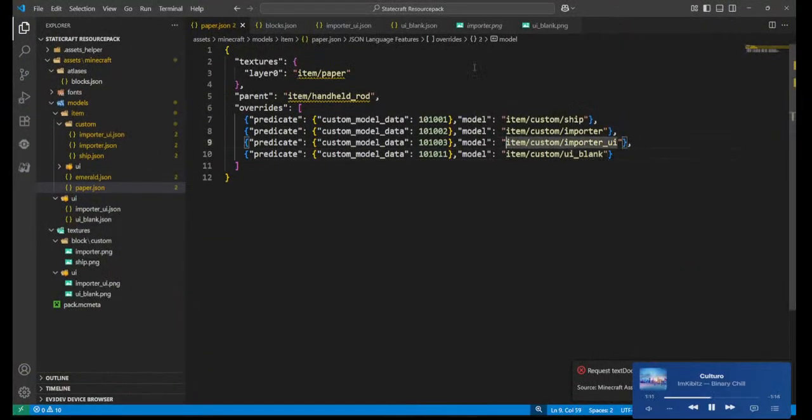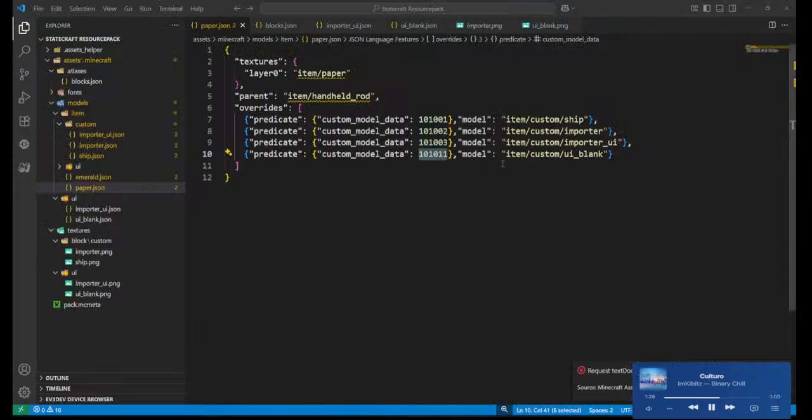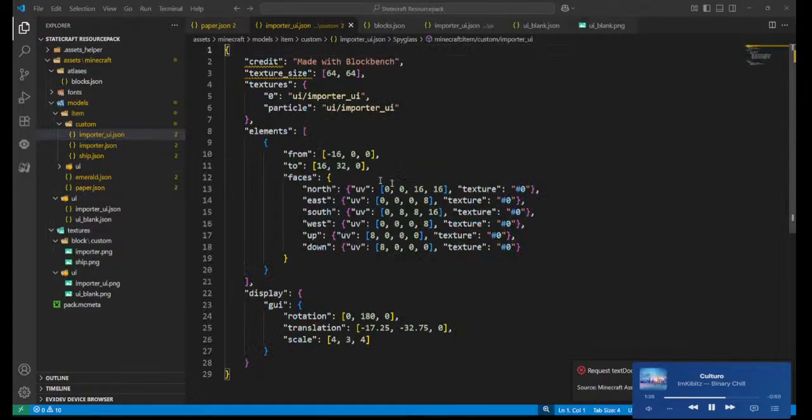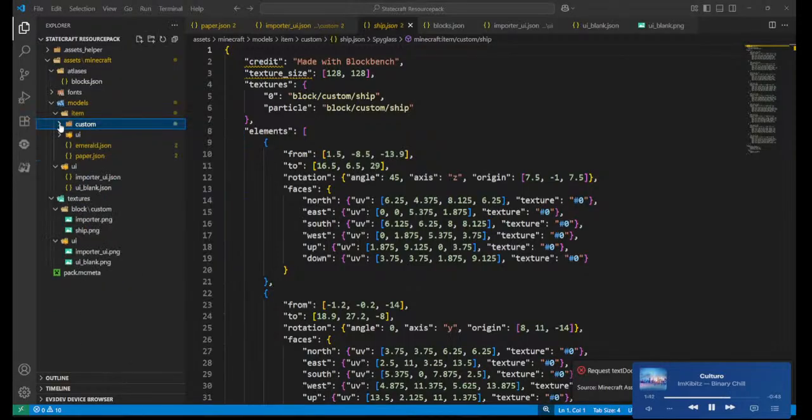We just follow this. So when I create a paper, it looks for the custom model data 101011. Let me copy this. Right, and go back to Minecraft and change this to this. Gives me the big import. So should item custom UI blank. So we go to item custom. Ah, okay, that makes sense. Item custom UI blank. Importer,